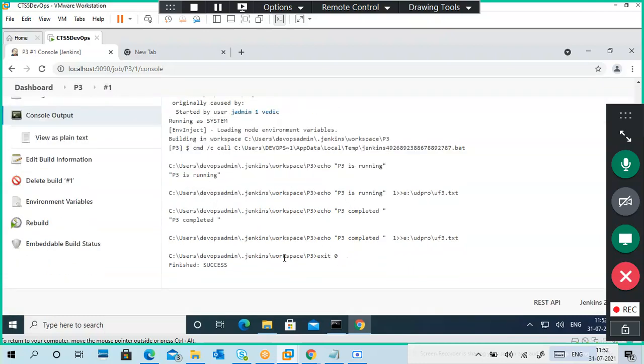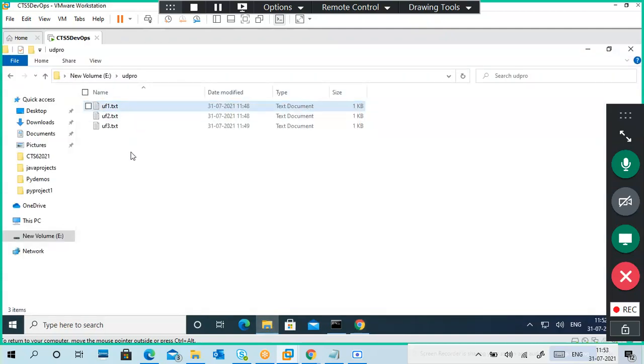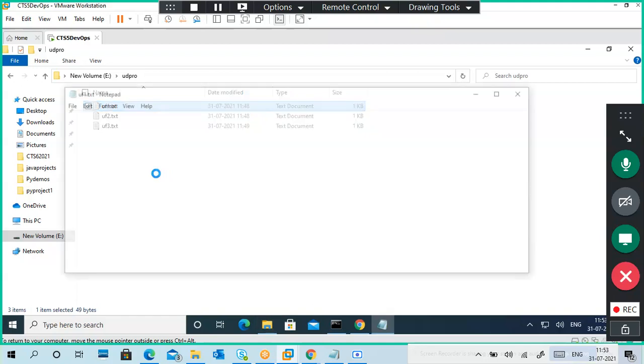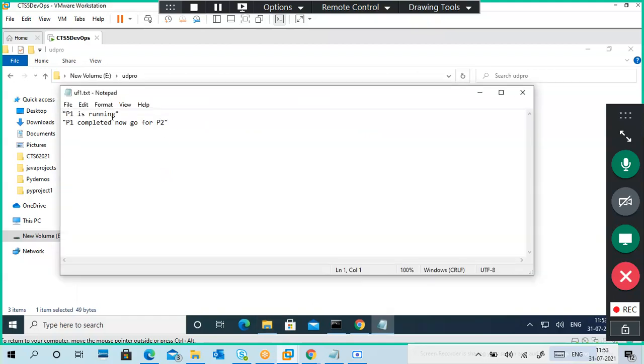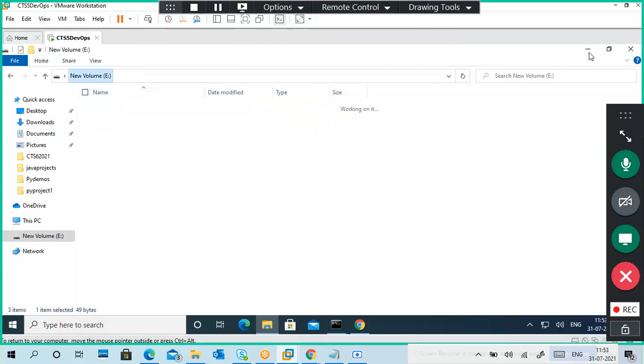Okay, so finally succeeded, completed. I said create these three files. Now see, these three files are created. You can look at those files also. Each file is creating an outcome, and that outcome goes to the next one.